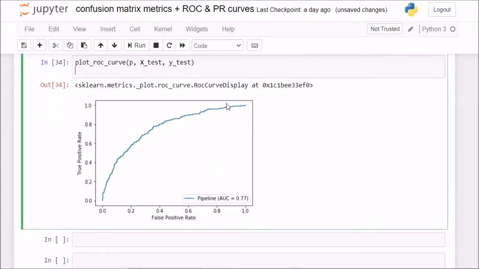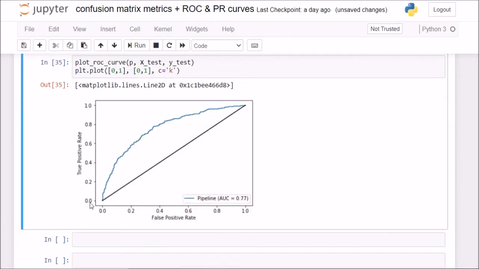Now if I want to draw the baseline classifier, I can simply say plt.plot, and on my x-axis I need the coordinates to be 0 and 1 for the 2 points, and y-axis also 0 and 1, and my color will be black. Now this is the baseline classifier of 0.5. So this is the x coordinate of 0 and y coordinate of 0, so this is the point in the bottom left corner, and this 1 comma 1 is the top right corner. So these are basically the x coordinates and these are the y coordinates of this line. Okay, so this is how we can draw the ROC curve.